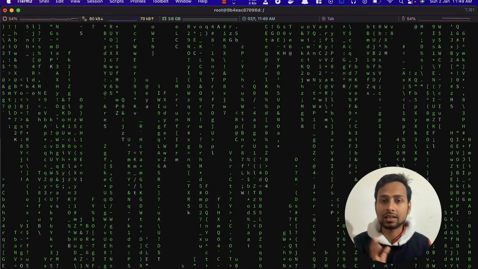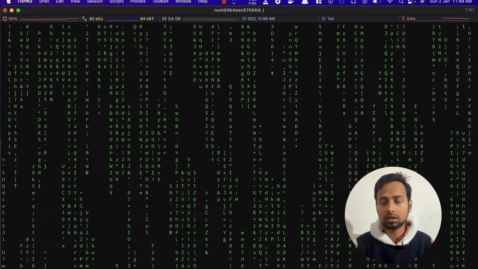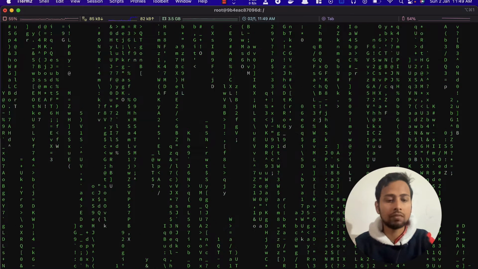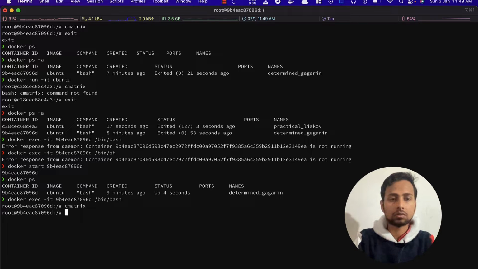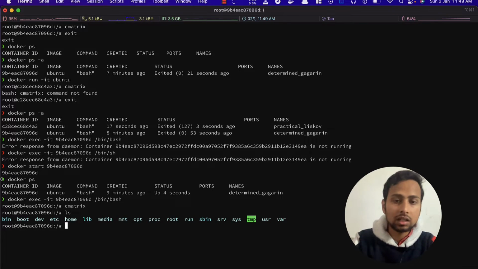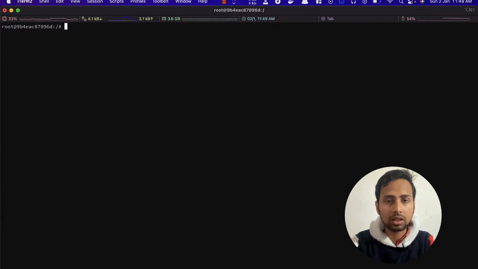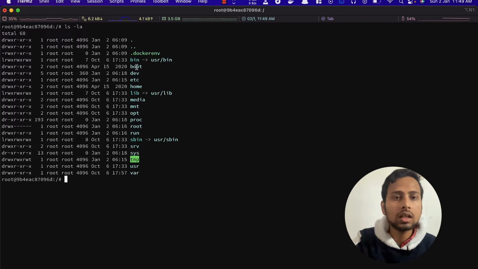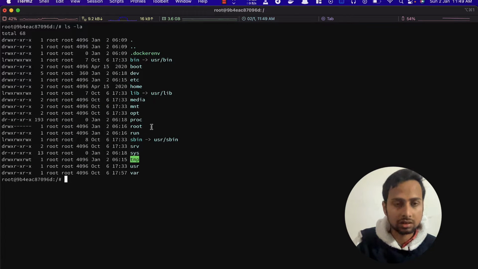Till now we have seen how we can install things in Docker, and how to create a persistent Docker container and simply open it with all the installations that you have done. But now let us see how we can connect this to our local system. If I do ls, it is going to show everything that is inside this Linux box. Let me press Control L and do ls -la for a long listing. Here you can see these are all the files that are inside this Linux box.